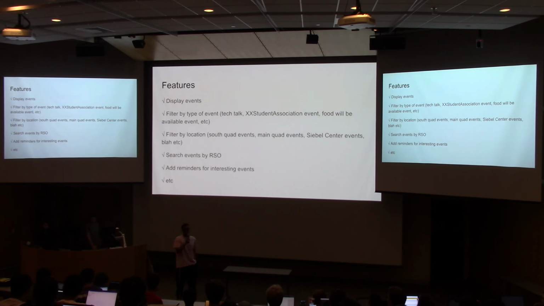What else are we missing in the pitch? Possible problems, i.e. nobody's going to actually know how to register their events to it. So that's a valid problem. Let's say the app's out there and I own an RSO and I want to add an event, but I have no idea how. We could have someone put a tutorial on it. Other potential solutions already exist. There's already a bad website. So there are already websites and solutions that exist that aren't popular. We can look at those, figure out why they aren't working, and do the exact opposite in our tool.